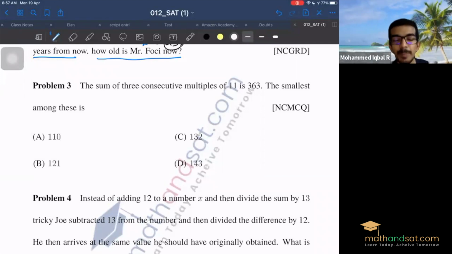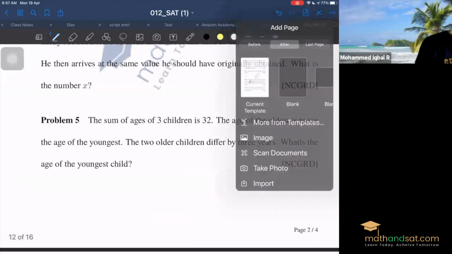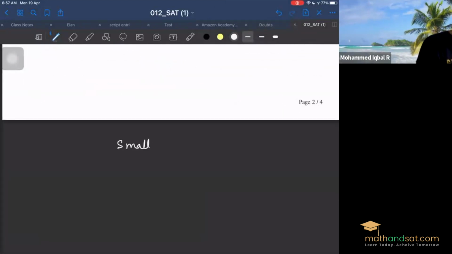To get consecutive multiples of 11, you keep adding 11, right? Because when you go from 3 times 11 to 4 times 11, you're actually adding 11. When you go from 4 times 11 to 5 times 11, you're adding 11. When you go from 5 times 11 to 6 times 11, you're adding 11. Now, if you choose the smallest number as x,